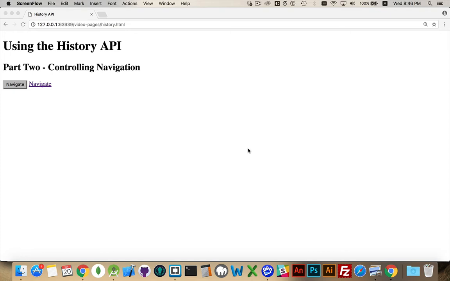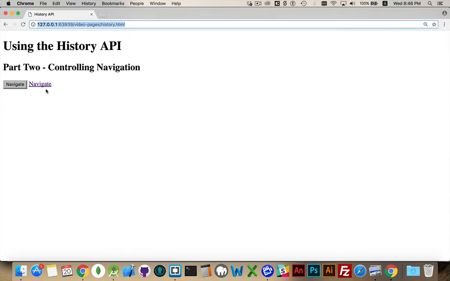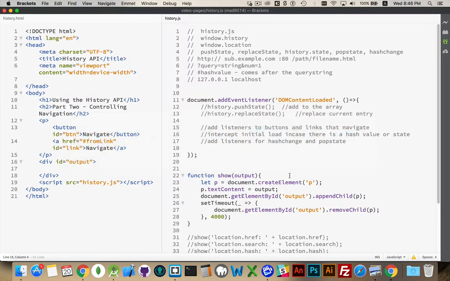Whether you're building a website or you're building a single page application, a mobile web app, whatever it is that you're building, there are ways that we can control the navigation and control what happens on the page based on what the URL is, based on what the user's clicking. So jumping back into our code here,